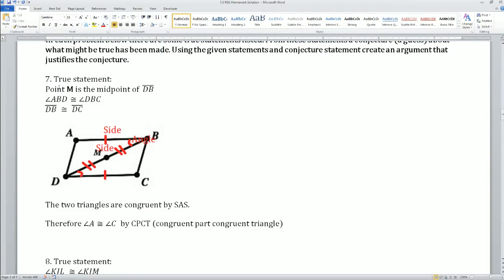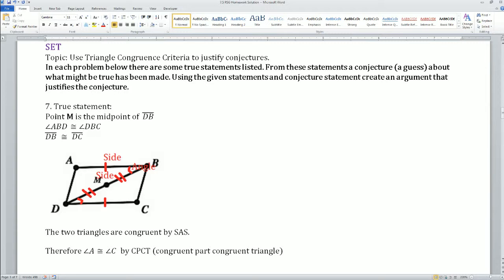Alright. Let's look at 7. It says M is the midpoint of line DB, and we have this angle is true. ABD is congruent to DBC. And also DB is equal to DC. So that's how I got D. So I have these two sides because M is the midpoint. It cuts two equal segments. This, which is 2 hash, this is 2 hash. The angle comes from the information which was given, and DC and